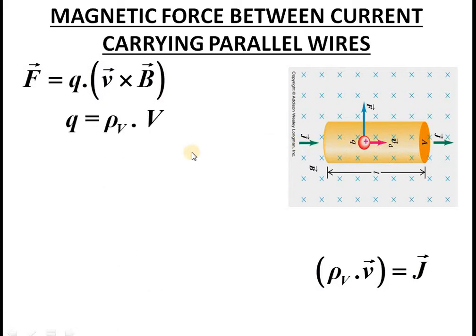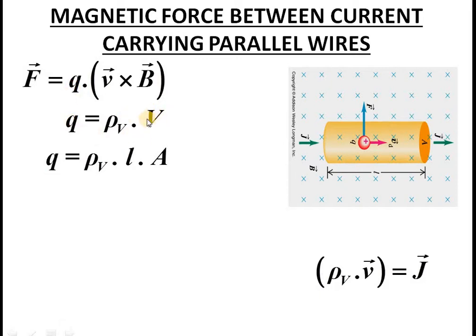You can write the total charge contained in this piece as rho v times volume, where rho v is the charge contained in unit volume multiplied by the total volume. So we get the total charge contained in this cylindrical volume as Q equals rho v into V. We are already familiar with rho v: it is the volume charge density. Now you can replace the small q with rho v times V for this cylindrical volume. So this was for a single charge.